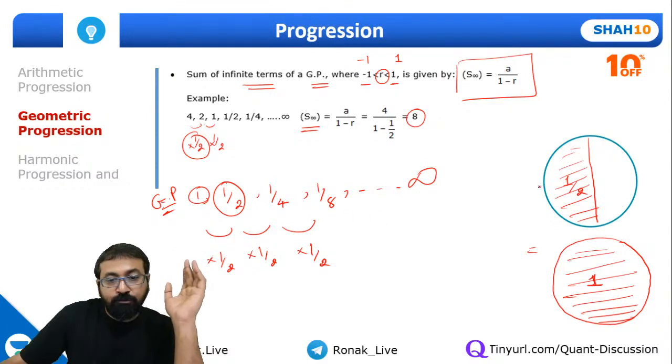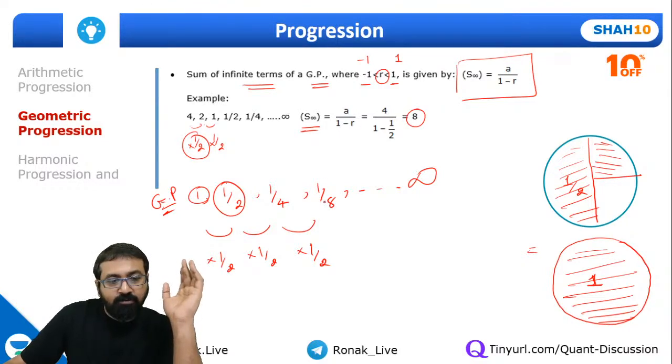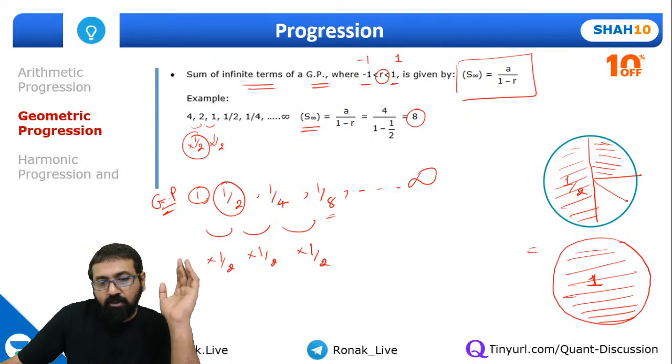Then we need to add 1/4. So can I say 1/4 will be again this part? Then we need to add 1/8 to that. So 1/8 will be this part. Then 1/16, so make it half. Then 1/32, further make it half. And if you keep doing this up to infinity, this complete second circle will be filled.